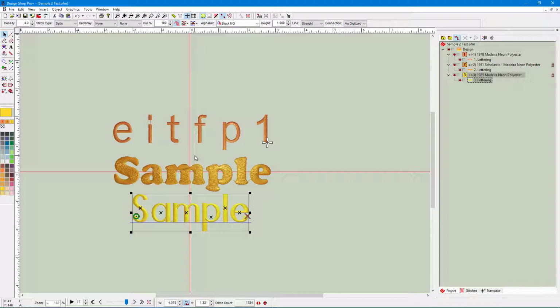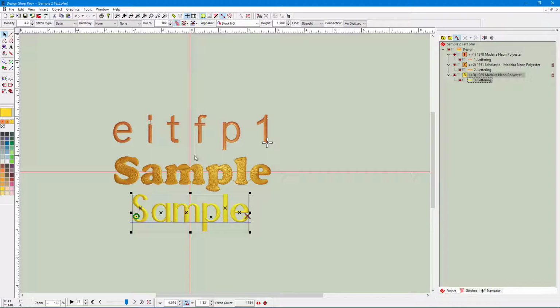But that's all well, fine, and dandy, you say. Okay, but I don't want to have to do that every single time for every single letter that I type. Well, you may not have to. If it's a font that you use regularly for a customer, like I do, what you can do is, once